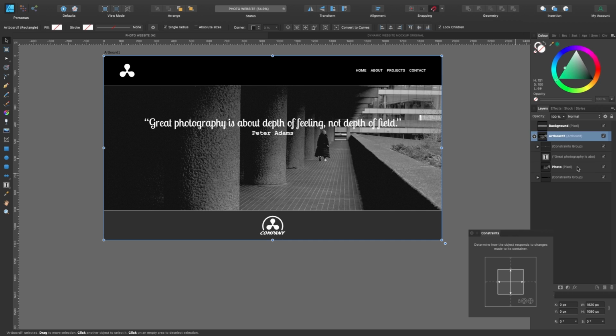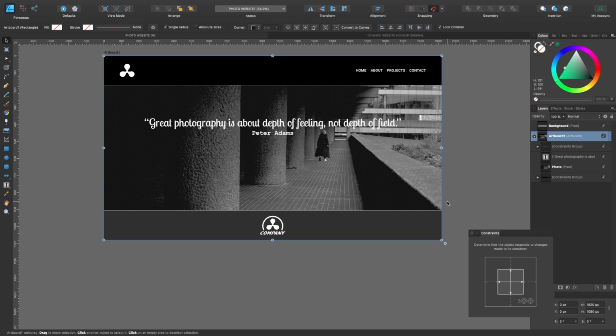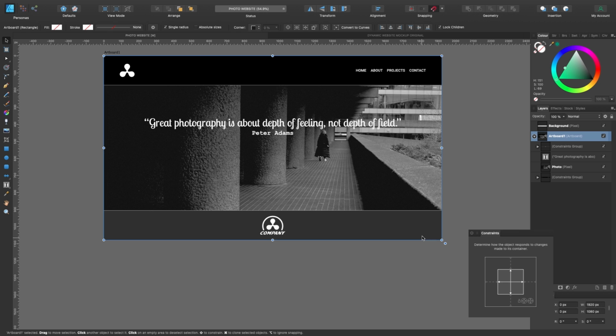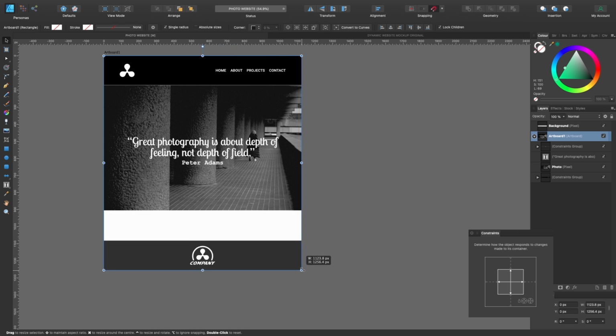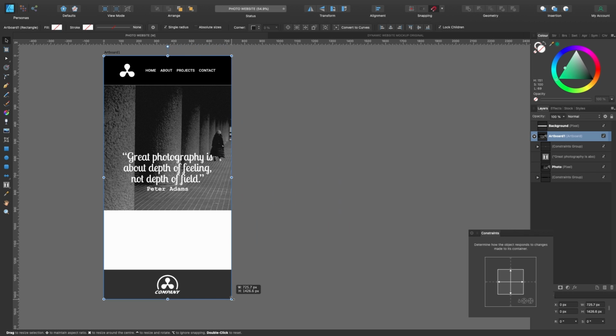Obviously, you don't have to have it like that for the photo if you didn't want that. We go to the photo again, and let's take off scaling and just take everything off and just anchor it to the top. Let's see what happens when we do that. As we had it, that's 16:9 like a normal monitor. If it was on a tablet, maybe it'd be a bit less than that. And on a phone, it'd be a bit more like that.